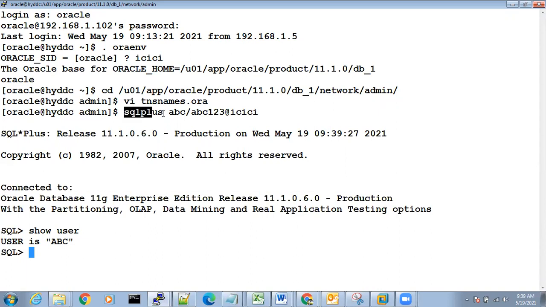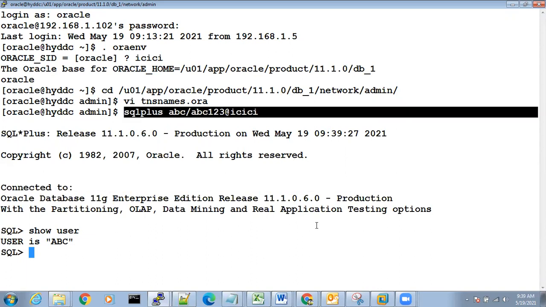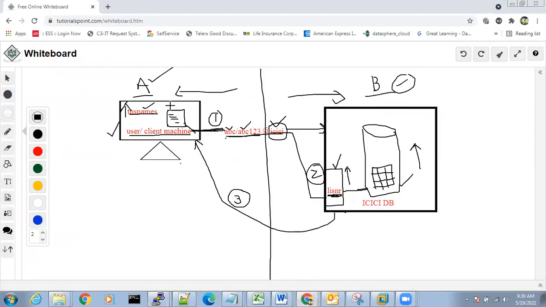So what happened? When the user is giving this request, that request is going to the listener. The listener has to listen to the request. If the listener is not listening to the request, the user will not be able to connect. That is what I explained to you, right? You guys are listeners. I am asking questions. If you are not responding, it means you are not there. You are not available.